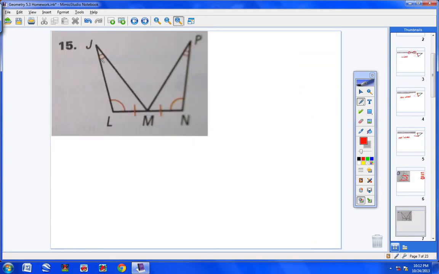Here we have an angle right here, and then an angle, and then a side. So we have an angle, then an angle, and then a side, congruent to an angle, angle, and then a side. Do you see that okay? So we have an angle, angle, side in one triangle, congruent to angle, angle, side in another triangle. So we would use angle, angle, side. All right, number